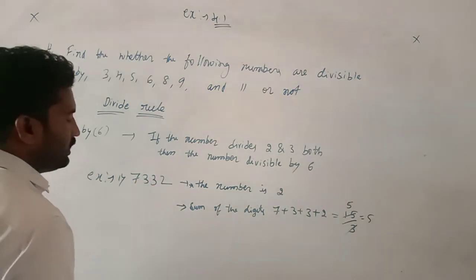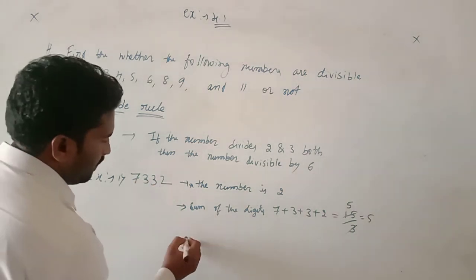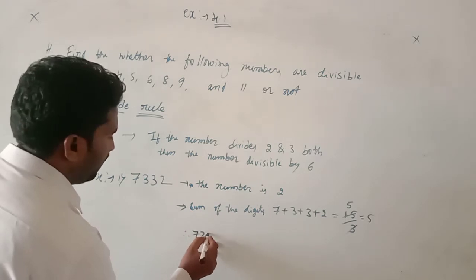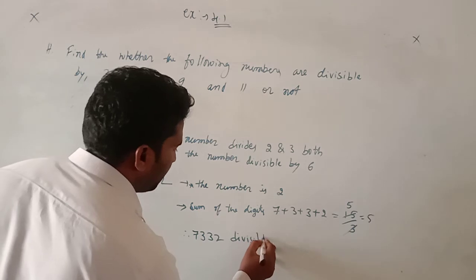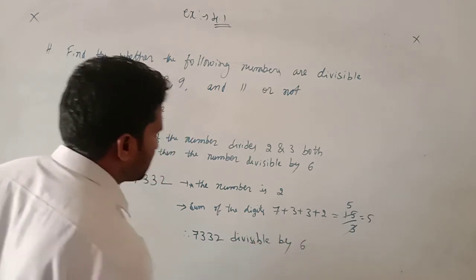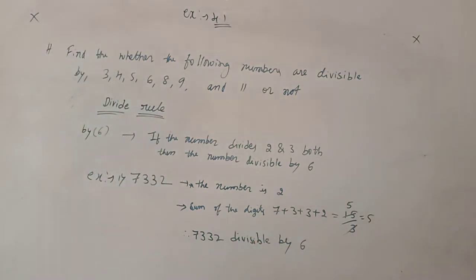7332 is divisible by 6. So therefore 7332 is divisible by 6, because the number is divisible by both 2 and 3, so the complete number is divisible by 6. Second one,